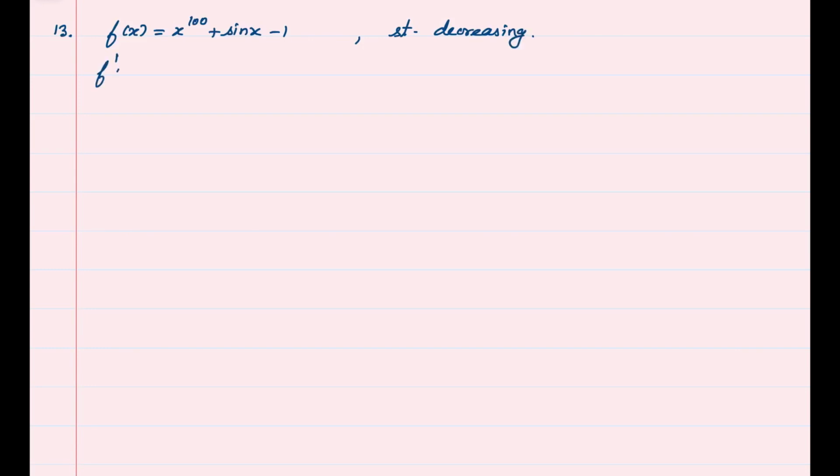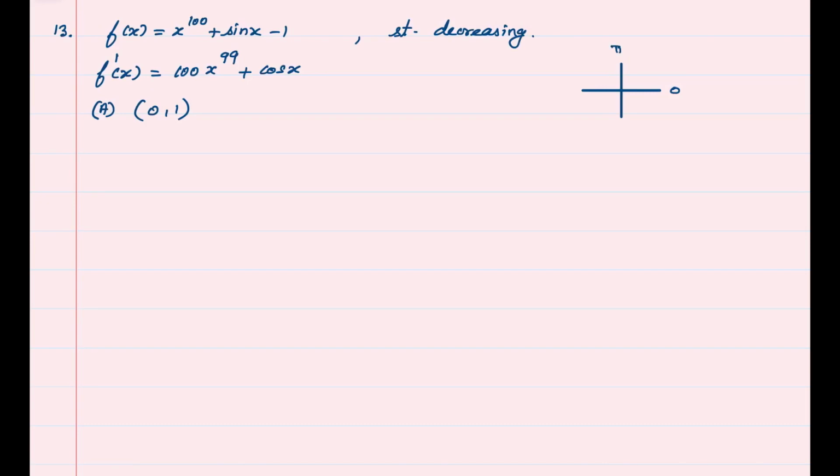Let us calculate f dash of x, which is 100 times x raised to 99 plus cos x, since the derivative of sin x is cos x. By equating it to 0, we won't be able to solve for x. So, in the given intervals, we will check the sign of f dash. The first interval given is the open interval 0, 1,